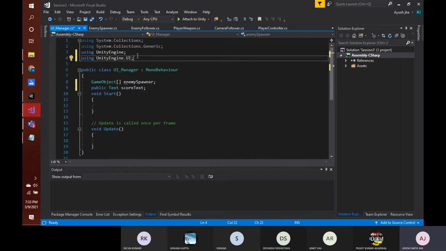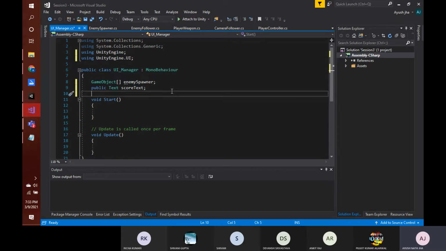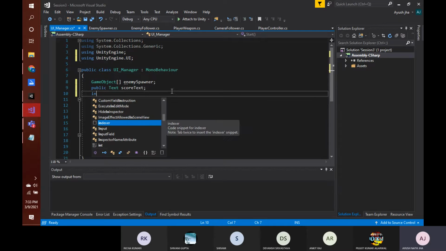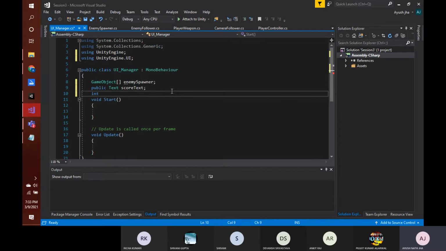This holds all the namespaces related to our UI elements. So public text score text. Now it will store the text for that particular score element which we need to update, and then we need to initialize it. We need to store the count of the spawners in the scene.